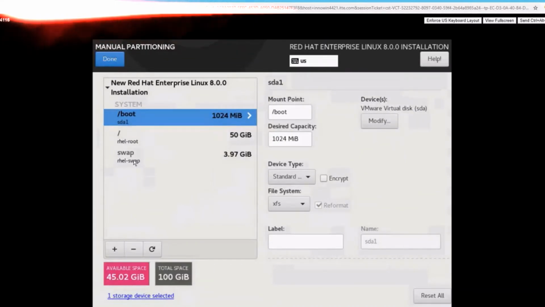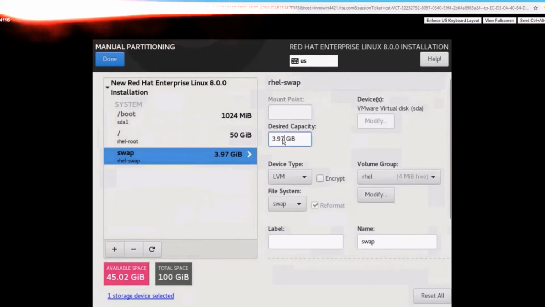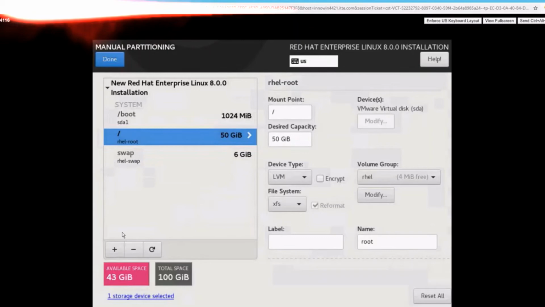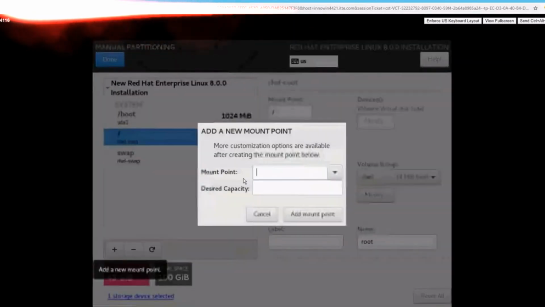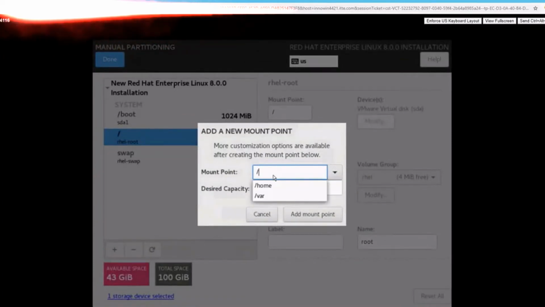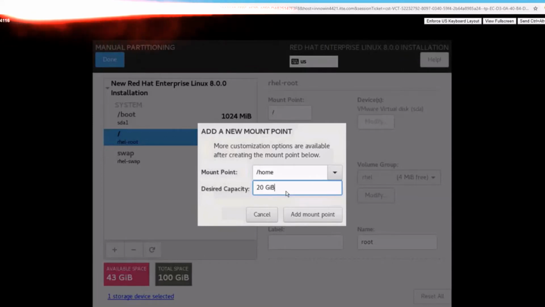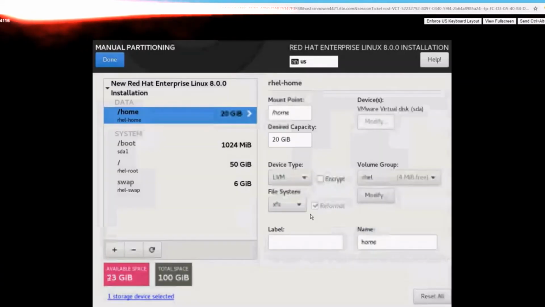I want 6 GB swap, so I go there and add 6 GB, and swap is 6 GB. And I want 20 GB for home. Click here, plus, slash home, and write 20 GiB, capital G, small i, capital B. This is the format to give the device size.